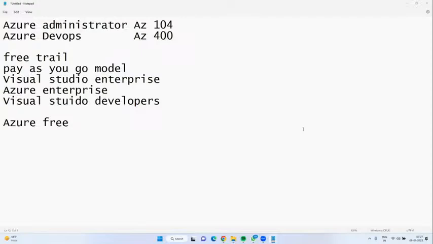Okay, sir. One more thing, I'm a Java developer actually. Which one is better, open source DevOps or Azure DevOps? That's totally up to you, whichever you like. But 80% of companies now are moving to Azure DevOps, guys. What are the challenges of open source DevOps? For example, you need to work on Jenkins.